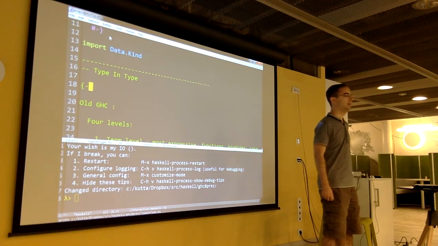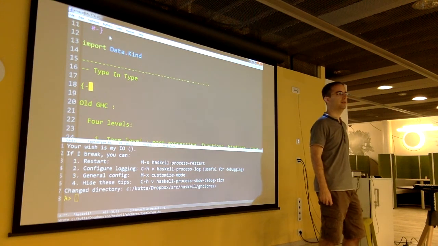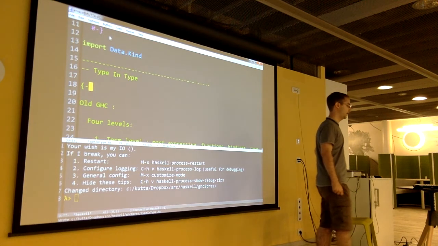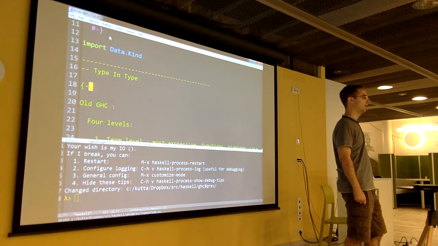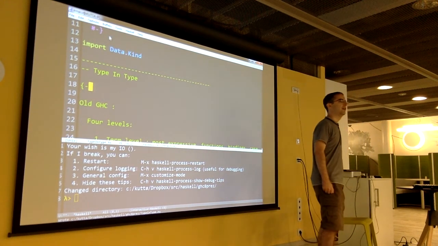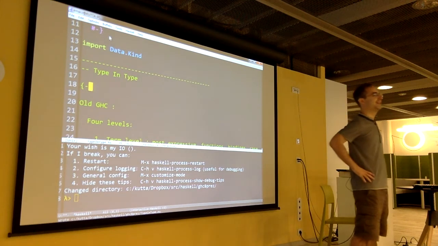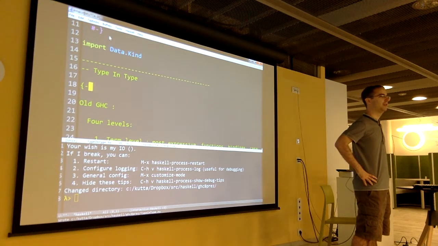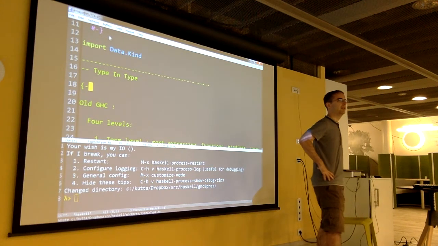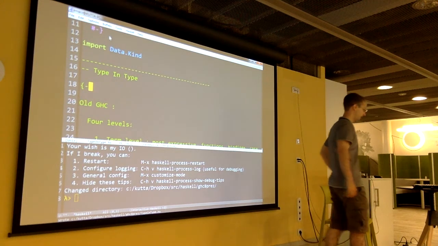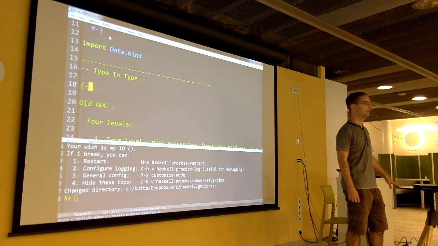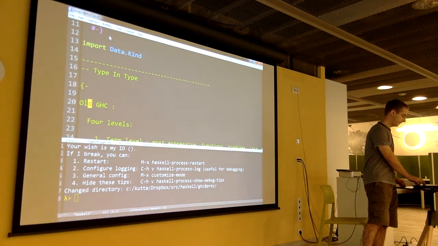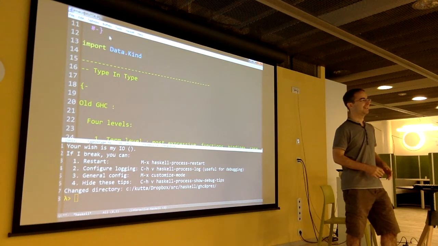I'm currently a master's computer science student at the ELTE University, and I'm going to talk a bit about new GHC 8 features, and it's not going to be about all of them. So I'm going to focus on the new features that are most interesting for type level programming and changes to the type system. So first I'm going to talk about the type in type extension, and it's a pretty dramatic